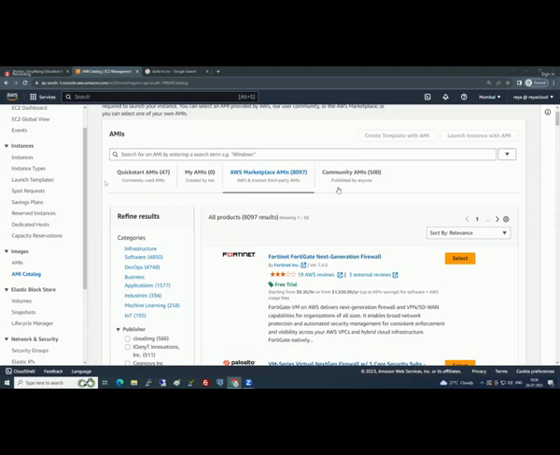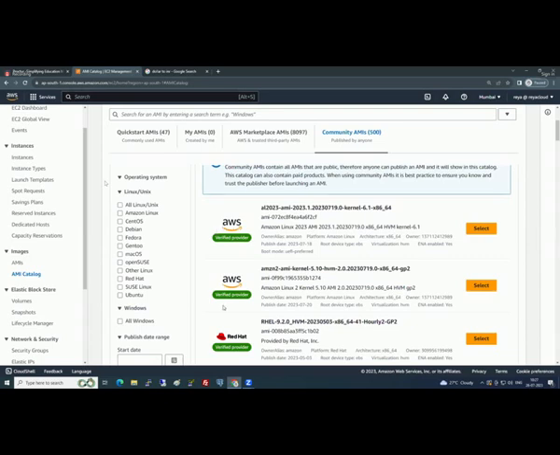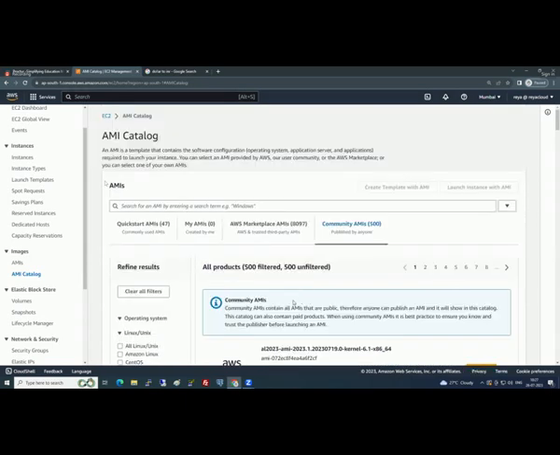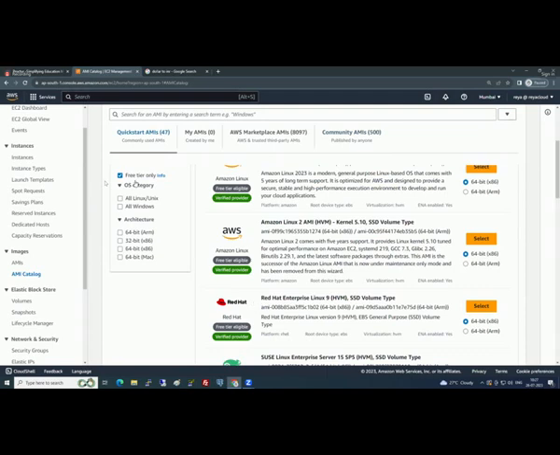Simple. Community AMIs mean images that you and I make public. Is it recommended to use community AMIs to launch an EC2 instance? There might be something malicious inside it, definitely a hacking mechanism or something similar. But if it is from a verified provider, like an AWS verified provider or Red Hat verified provider, you can launch it, no issues. But in our course, which one should we use? Quick Start, that too Red Hat free tier.